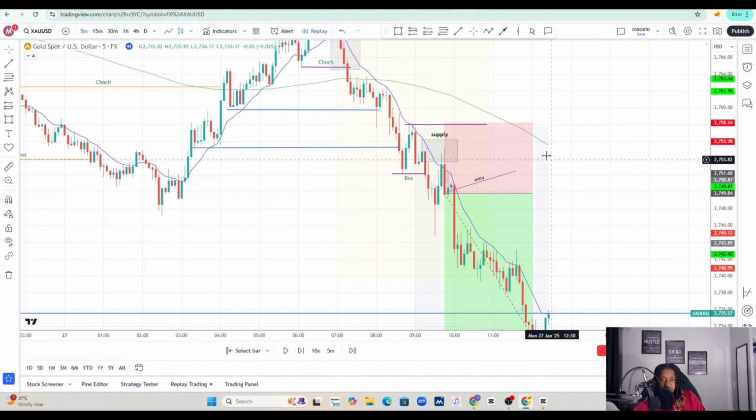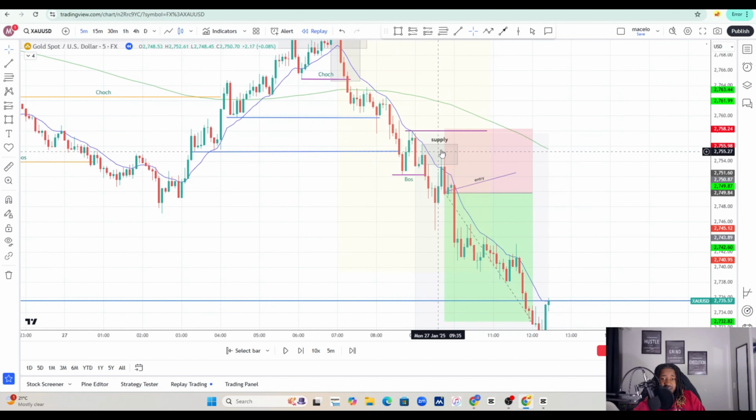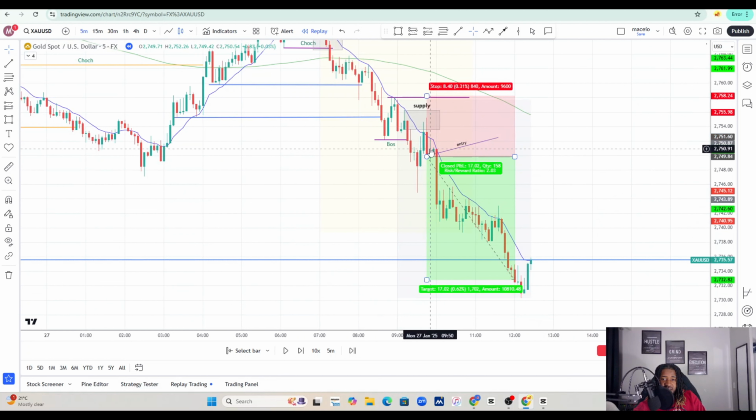This was my entry. I put my stop loss above these highs in case price wanted to pull back a little bit more into this area, because I've noticed there are times where price can still go into the zone or go higher even after breaking the 13 EMA. But I know this is my confirmation candle right there. Once I entered, price gave me some drawdown a little bit. Then price came with this nice red candle. From there,